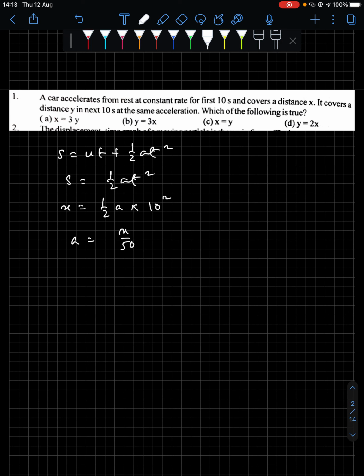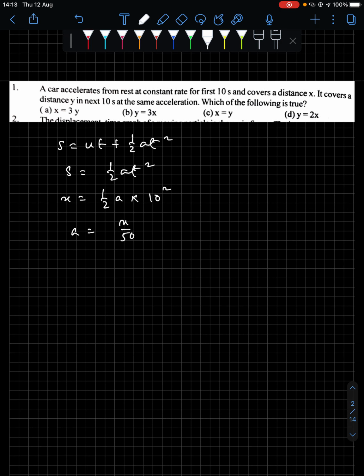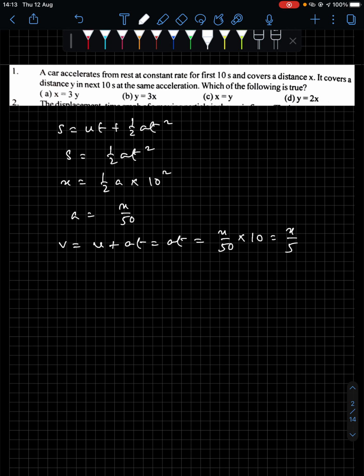Now the second part of the journey, well, before doing the second part, you'll have to find out the final velocity in the first part, which will act as the initial velocity in the second part. So v equal to u plus at, again u equal to 0, therefore v equal to at. a is x by 50 into time is 10 seconds, so final velocity is x by 5. So in the next 10 seconds,